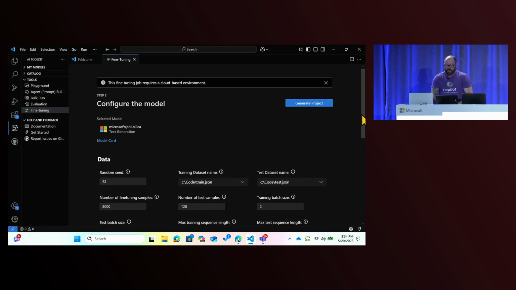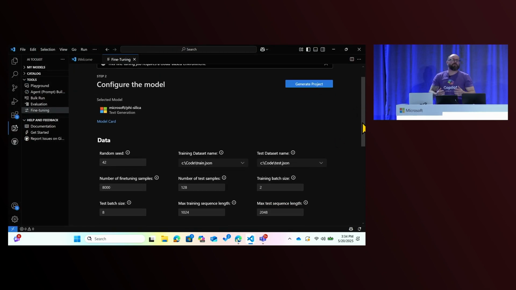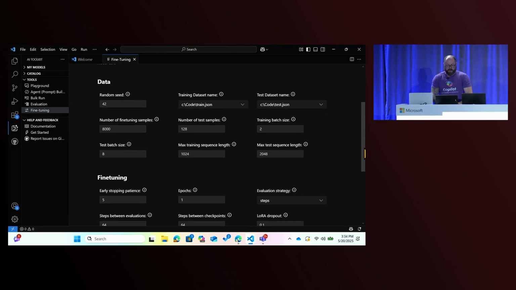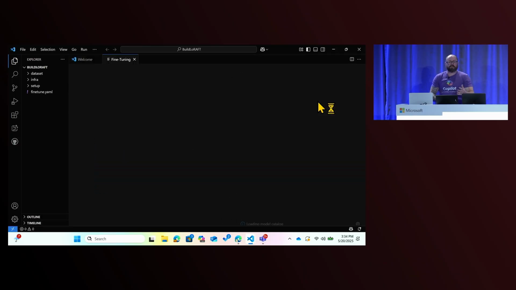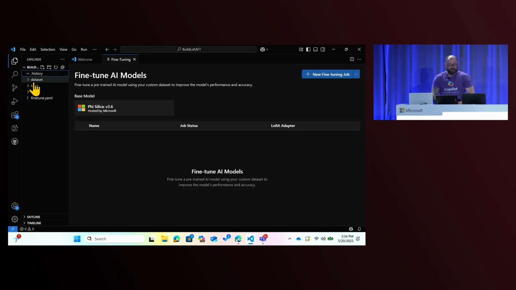We're going to do exactly the same for our validation or test data set. There we go. And then, of course, based on your configuration, based on the things you want to achieve, there's a number of things here that you can tweak based on your requirements. I'm going to generate the project. The project is here. And of course, when we go through our setup, you're going to see that I have my data set, so the 2 JSONs that I have available here.